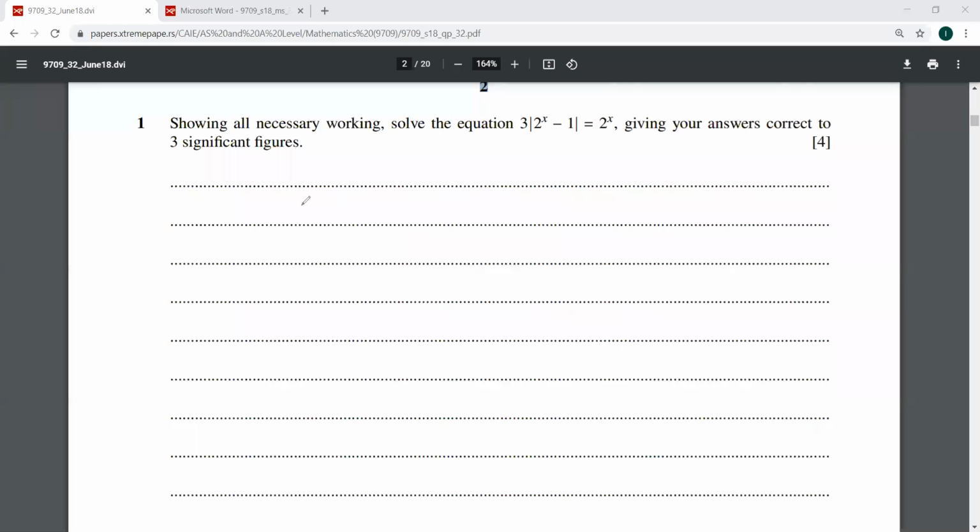Okay, the first question of this June 2018 paper 3-2. It says, showing all necessary working, solve this equation, giving your answer correct to three significant figures. So I would first of all say, okay, let this 2 raised to power x is equal to y. So my equation is going to be